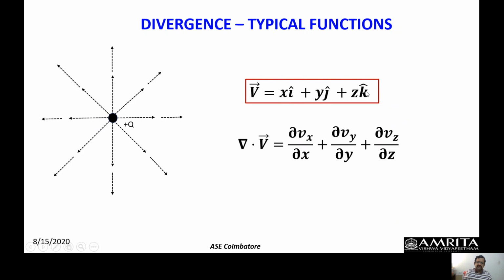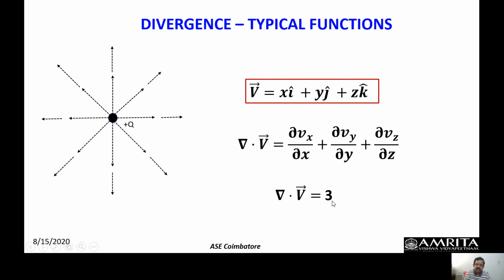So for the divergence, if I substitute the components along the x, y, z directions, respectively the components are Vx equal to x, Vy equal to y, Vz equal to z. So I substitute that, and what am I going to get? Del dot v equal to 3, which is a scalar value.